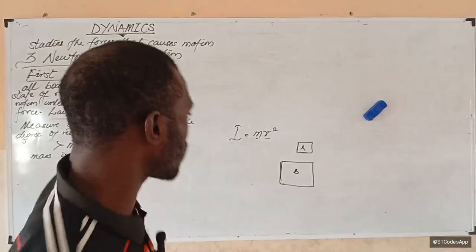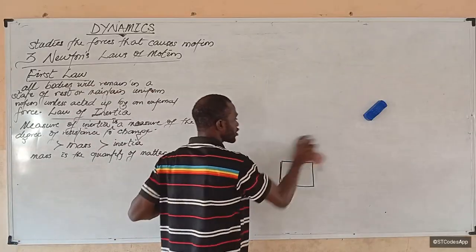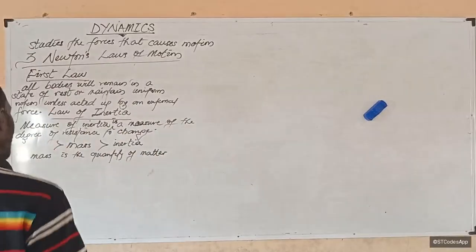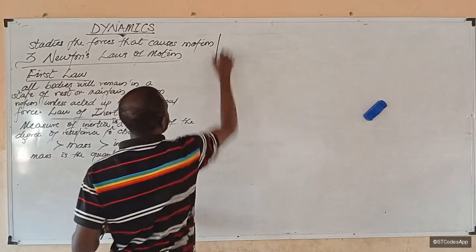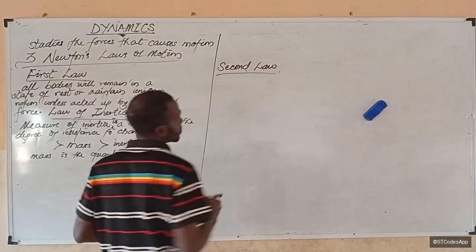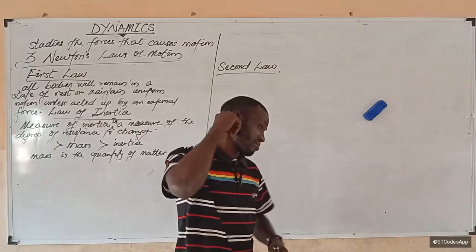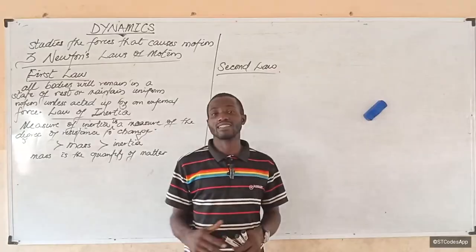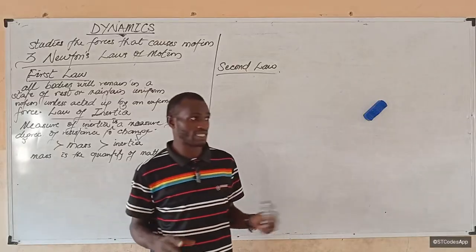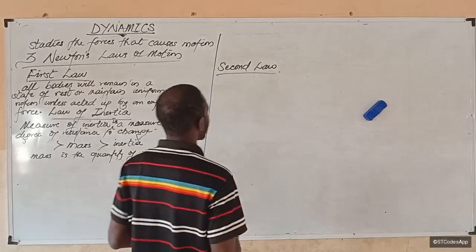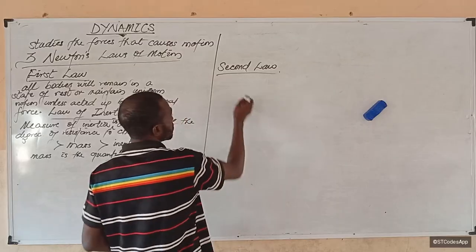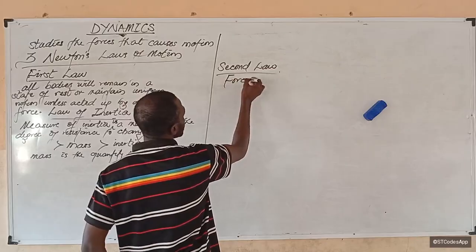Now you see, Newton's second law of motion is an extension of the first law. In a way, it still relates to the first law. So the second law will state that, there are different ways of stating it too. I can say that it takes unbalanced forces to cause acceleration. I can state it as simple as that, and it's still correct. So actually what it states is that the force acting on